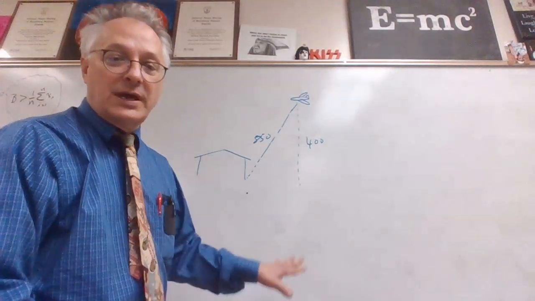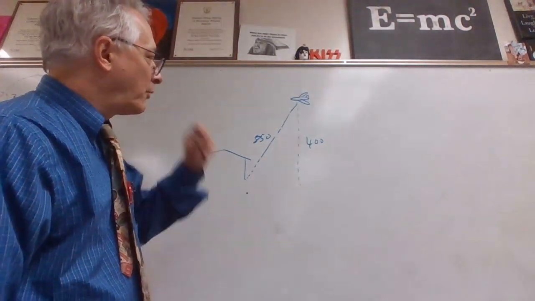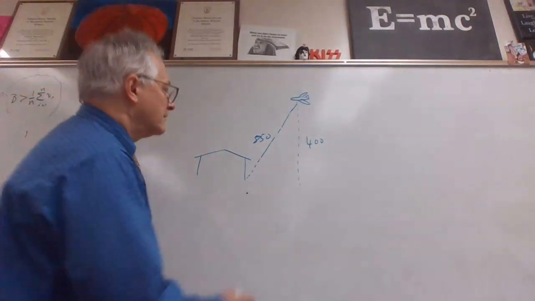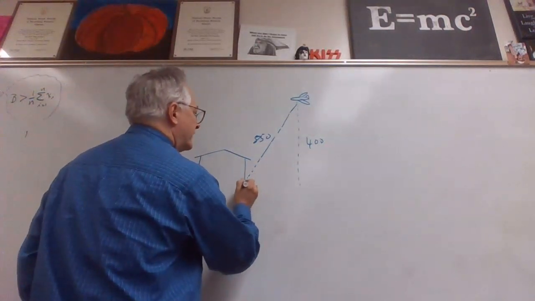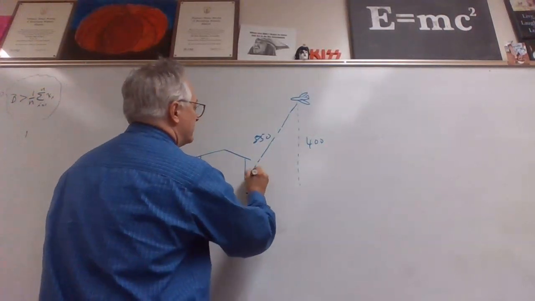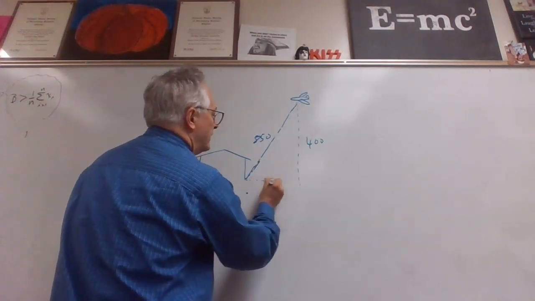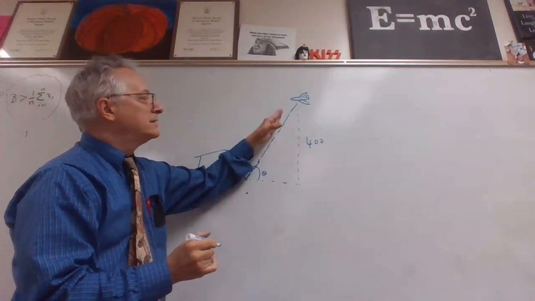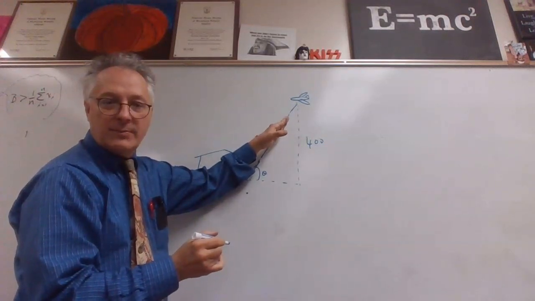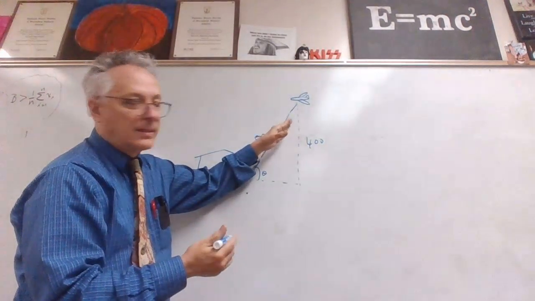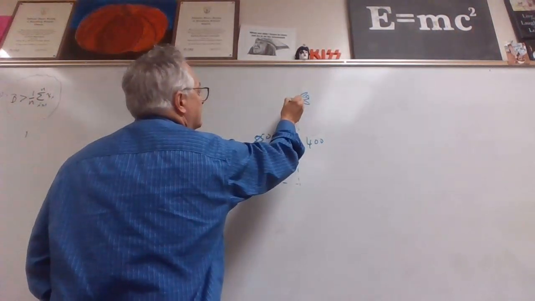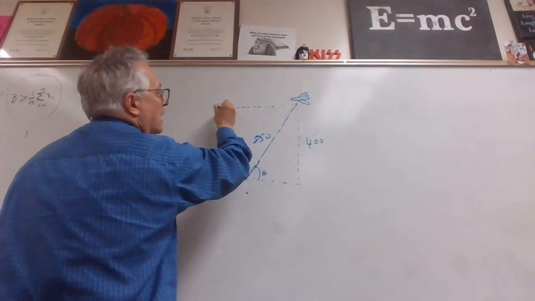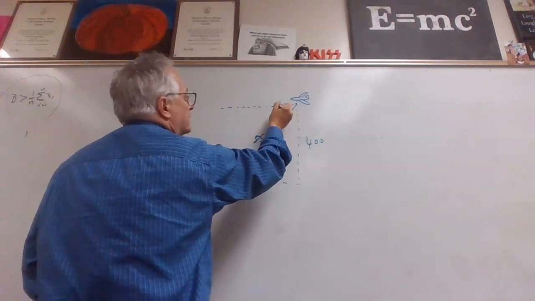So here's our drawing, which is not to a very good scale. Here's our airport, and this is the information that was given. They ask about the angle of elevation. Well, the angle of elevation would be this angle here. So in other words, how many degrees above the ground is my angle? If I was looking at the plane flying in this direction, the angle of depression would be